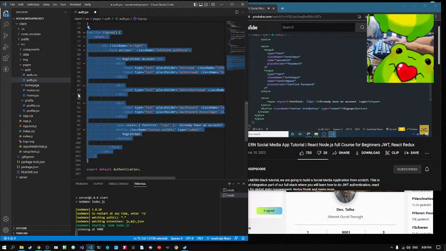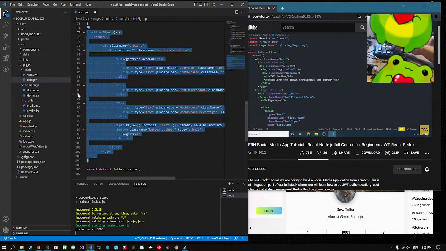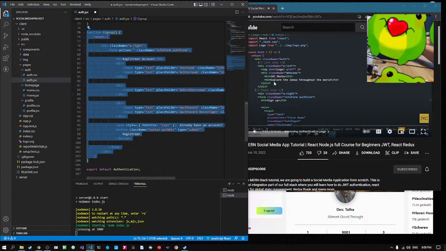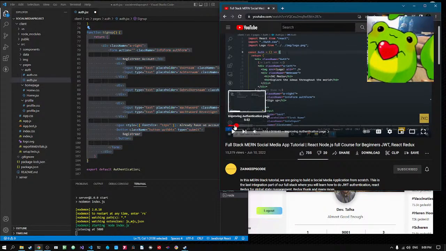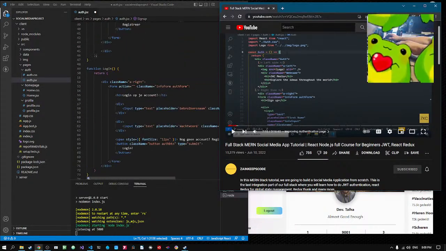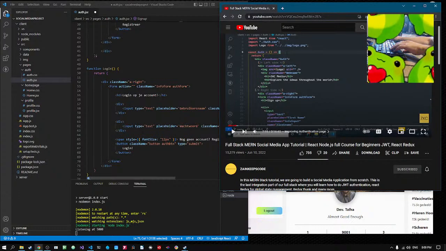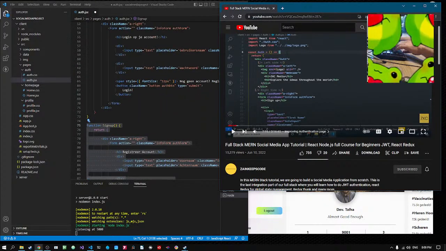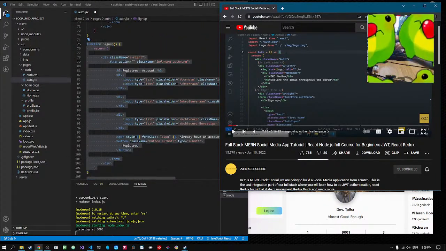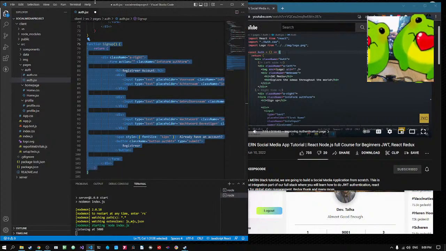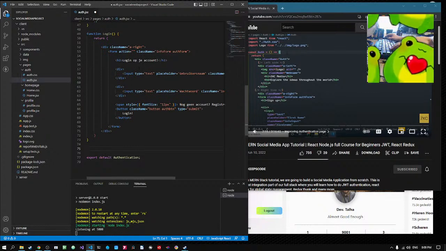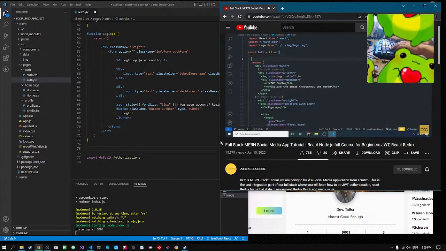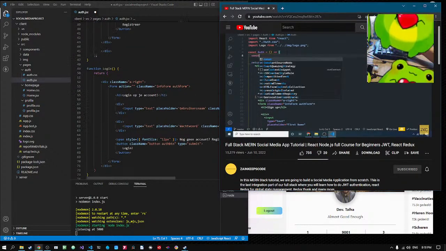Okay, as you remember, we have to render both the login and the sign up page. So for this reason, here I am going to make a use state const